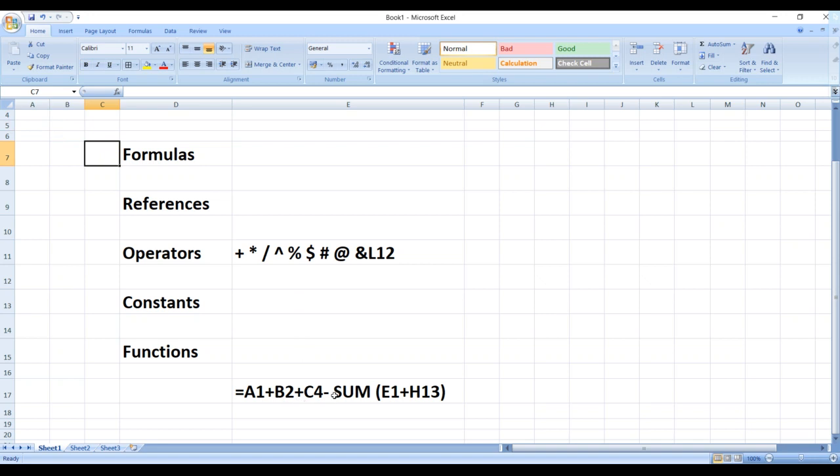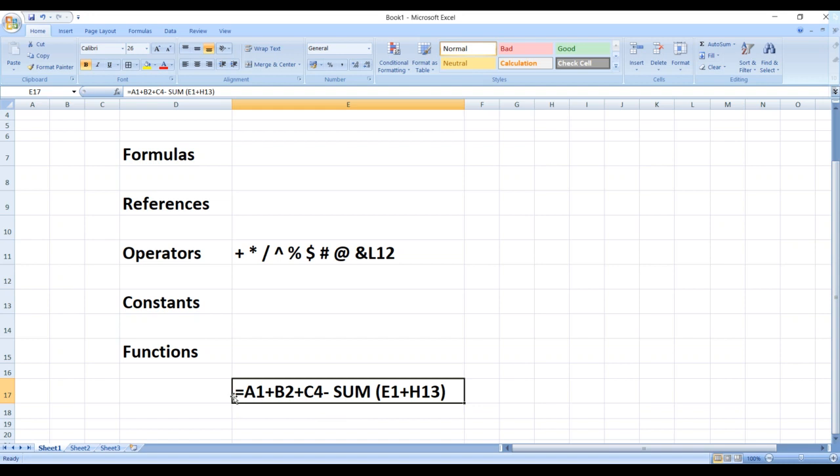Plus and minus signs are nothing but your mathematical operators. Then SUM. SUM is called a function. Then E3 plus H13, then again comes a total function. So E3 and H13 are nothing but your cell addresses. So I'll repeat the elements of our formulas in Excel.